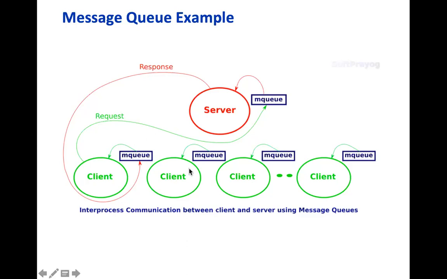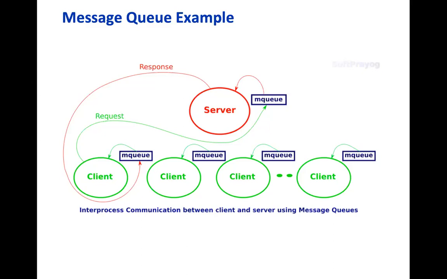All right, so very simple. A lot of configurations are possible. A very simple configuration is about one-way communication, where the server will write and anybody who has a message queue ID can read it from there. This is another configuration wherein the server can directly write into the message queue of the client and the client can read it from there.